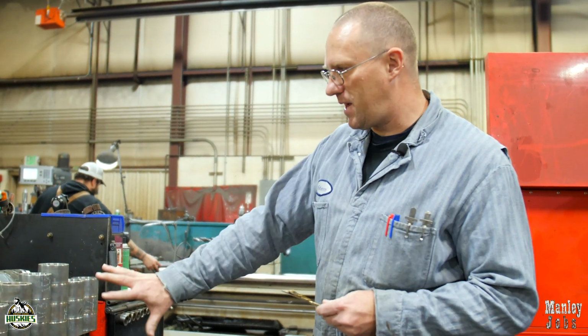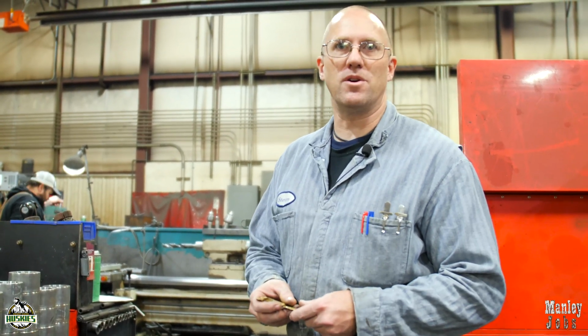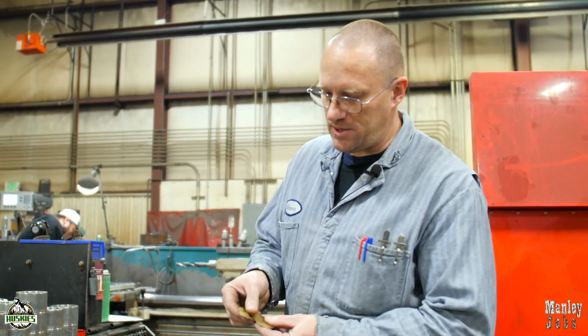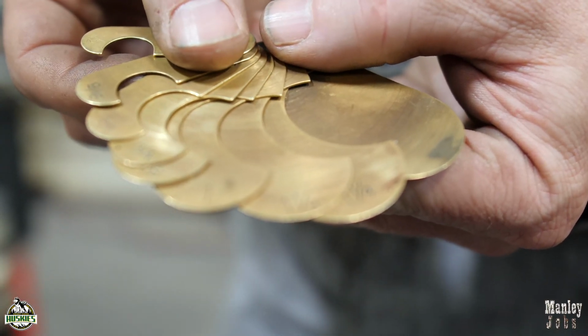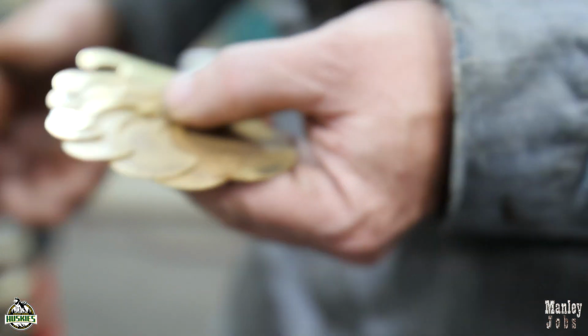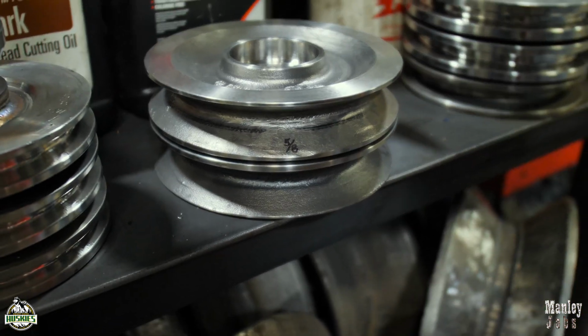One of the jobs that happens here when he's making these sheaves is he has to match it to the customer's line or cable size. So we have these gauges, and he uses these gauges to make his groove, and I'll show you a little example here. This one is marked 5/8. So if I go to the 5/8,